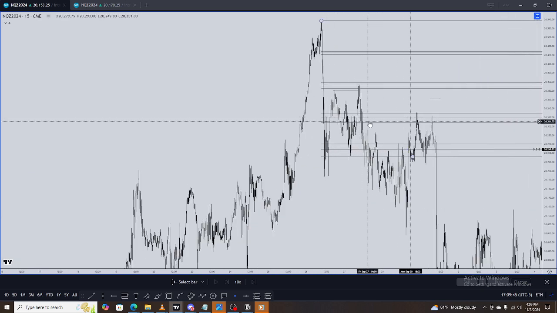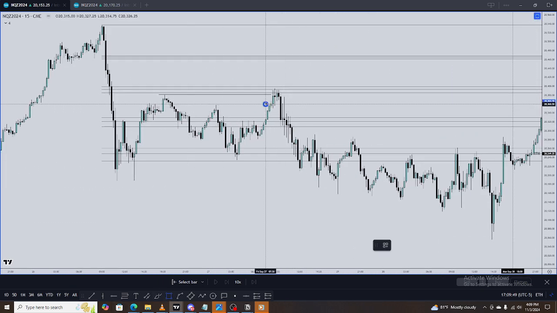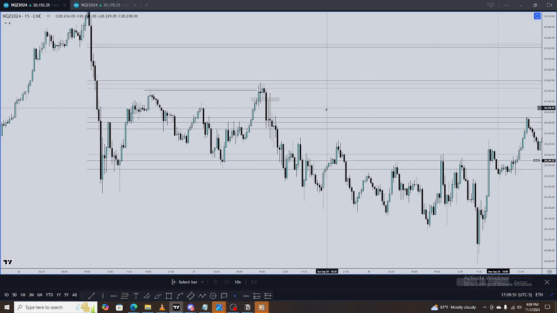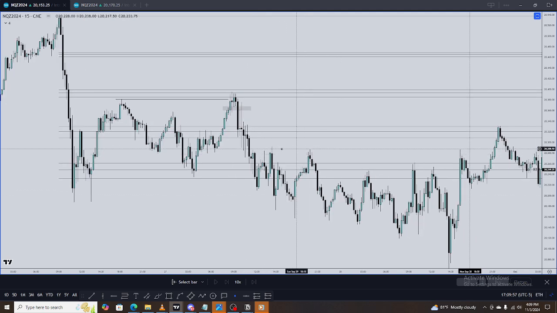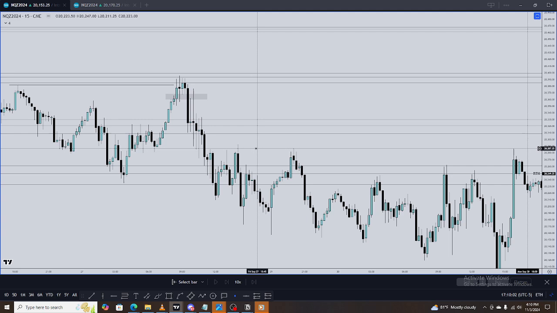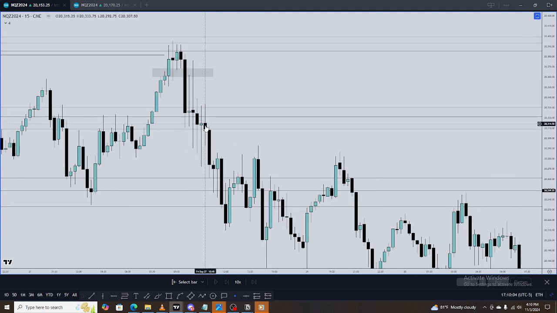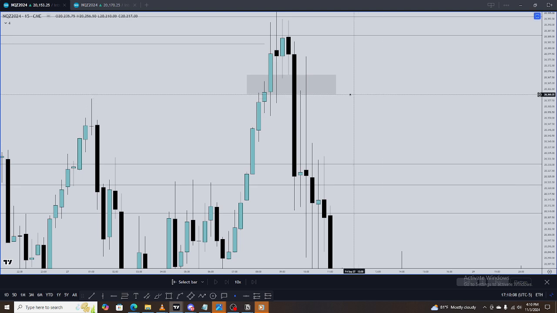So if we can build a narrative around this area being the strongest point of fair value, where the most amount of pain was placed on the long side, and then sellers took over and created a displacement, all of these wicks are acting as, like, look how small the bodies are in comparison to the wicks. Right? All of these, to me, I see them as signatures of reversal. All of these gaps, they're acting as,